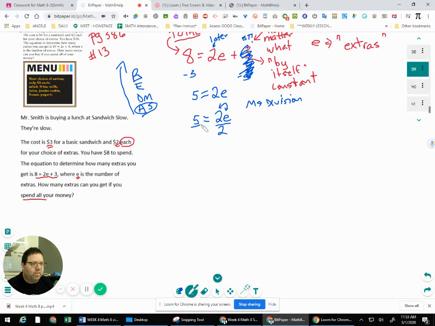Anyways, I'm dividing both sides of these by 2. Okay, so what are we left with? Well, we got 5 over 2, which is 2.5. And I did convert it to a decimal for a very good reason. Now you have to apply common sense. Because unless you know of a sandwich shop that I don't know of, nobody's going to let you buy 2.5 extras. So really, with $8,